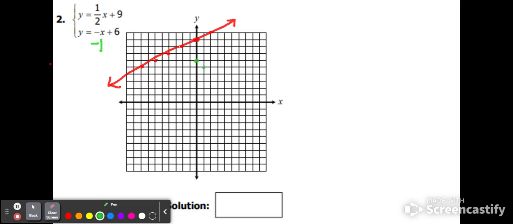Since this line's over here, I'm going to reverse it and go this way so I can figure out where I'm going to make it to. Up 1, back 1, up 1, back 1, and there it is. Okay. So my solution,